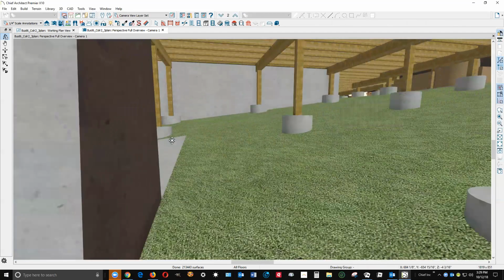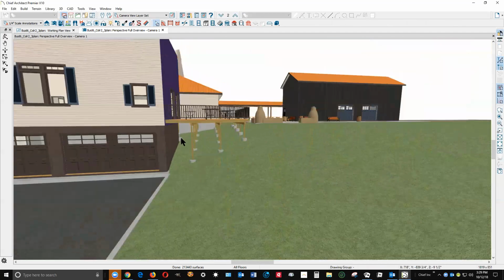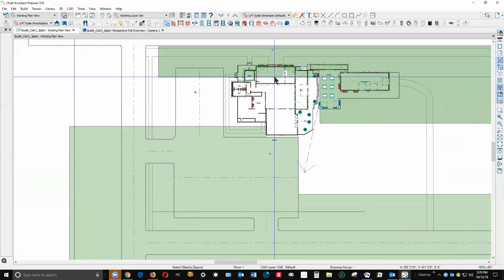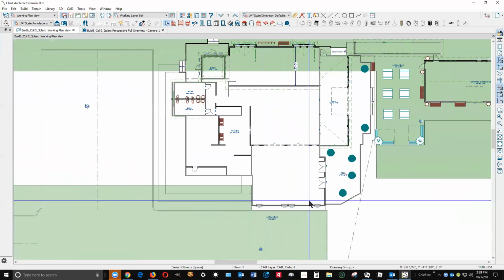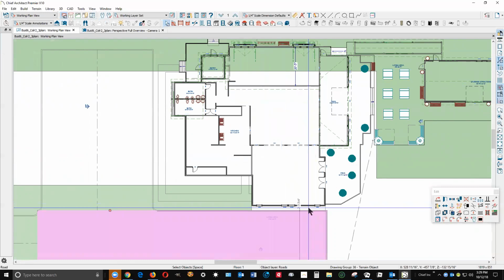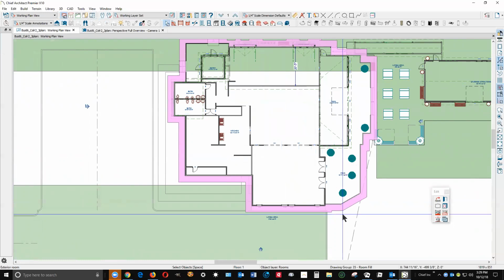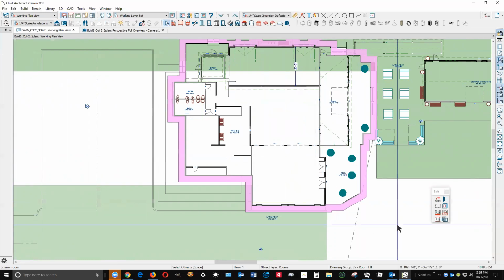Like this area right here, if you had used, well, let me show you. It's easier to show you than to yap about it. I'm going to click on the outside of the building here. Hit the tab key. There we go, until we get that. I don't want to take all the terrain out there, but I'm going to create a,